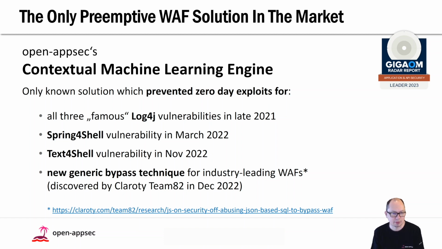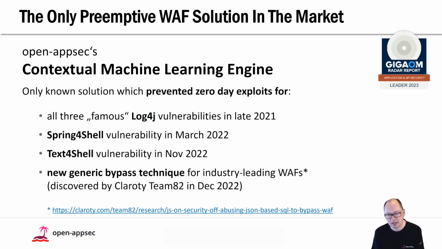Then in March 2022, there was this famous Spring4Shell vulnerability. Then there was in November the Text4Shell vulnerability, and at the end of 2022, the Claroty Team82 released a new generic bypass technique,